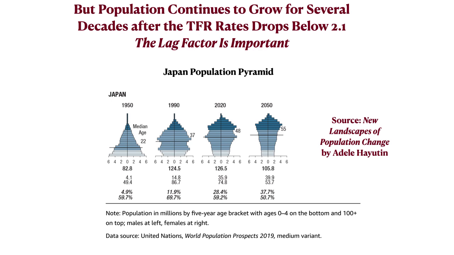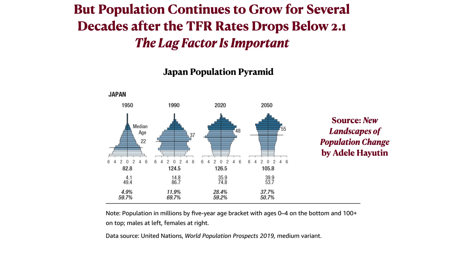It takes a generation or two for a fertility rate at the replacement level to result in population stabilization. I've illustrated this with a population pyramid, or a series of them, for Japan. This shows sex, men on the left, women on the right of that central strip, and then just age